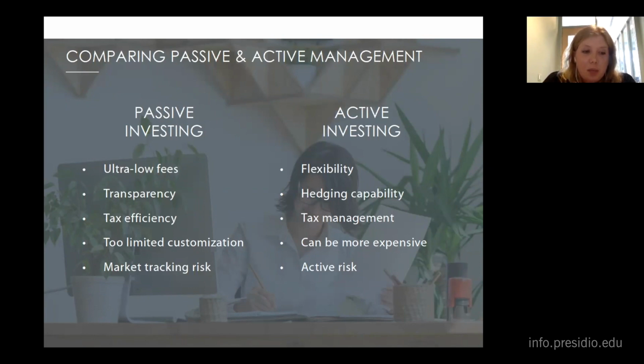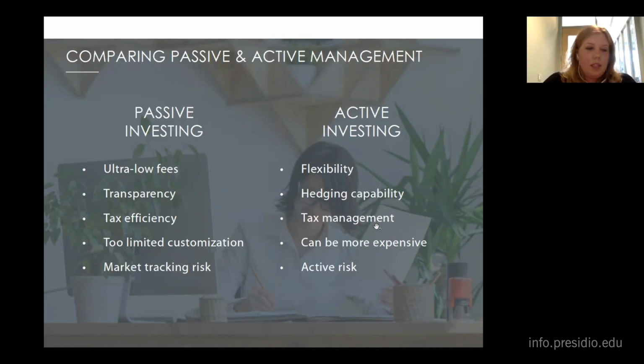They also have a hedging ability, so they can use various techniques like short selling or put options, and even just exit whole sectors or stocks completely if they think that the risks are too big. Passive managers are using already what the track holds, regardless of how those sectors are doing.